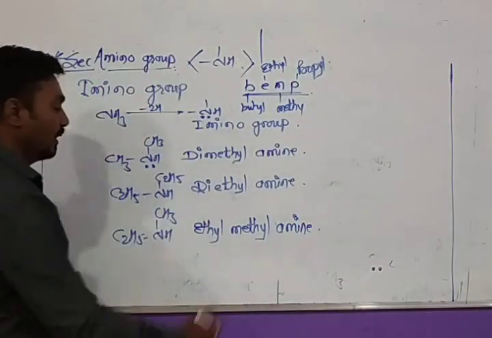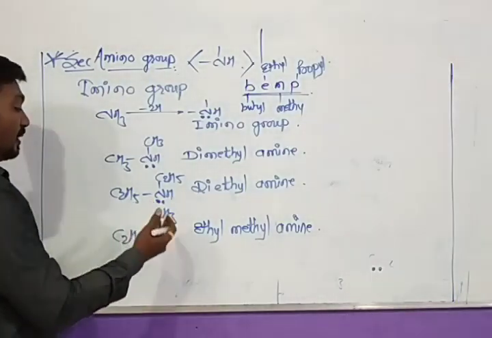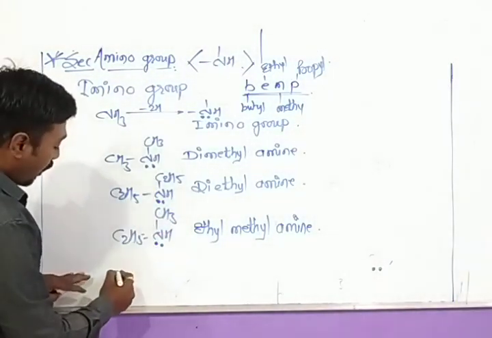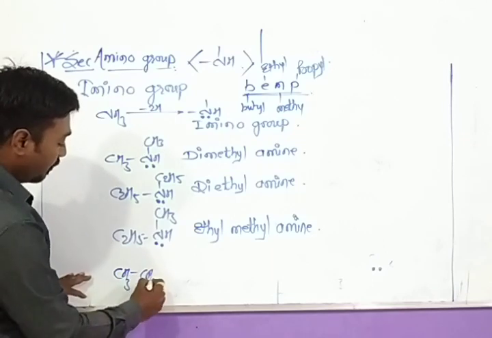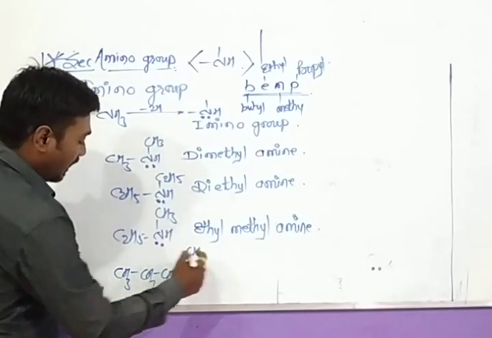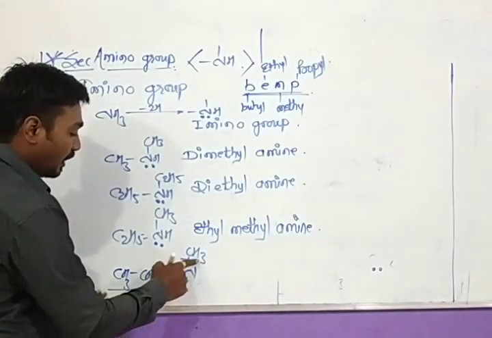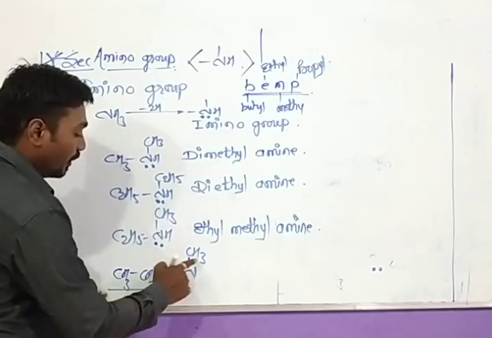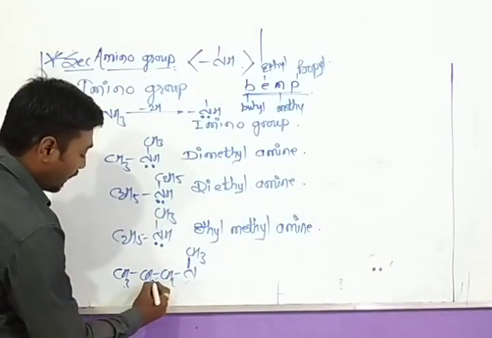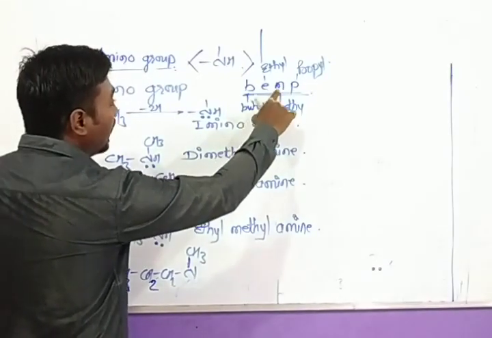In similar fashion, different types of secondary amines can be formed. Now, why is this amine a secondary amine? All the alkyl groups present may be primary. Here a primary alkyl group is present, that is N-propyl, and it is also a primary group, that is methyl group. So its name will be, according to our order, methylpropyl.